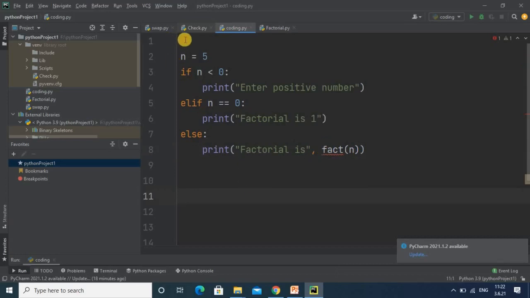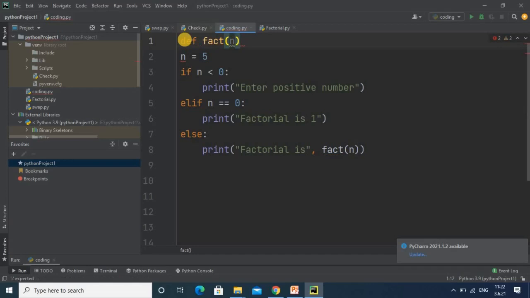And this function you have to define here, so you have to call this function. You have to use def for the function definition, and then write fact of n, using the same variable.